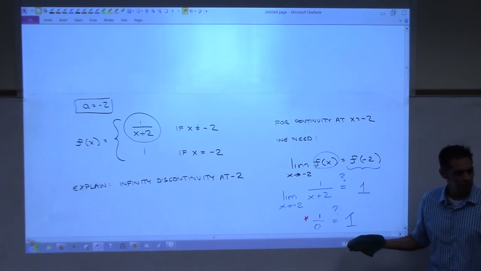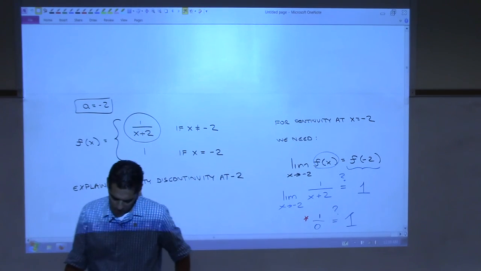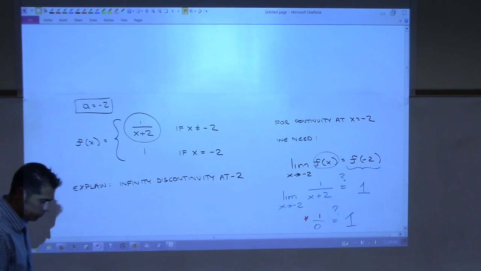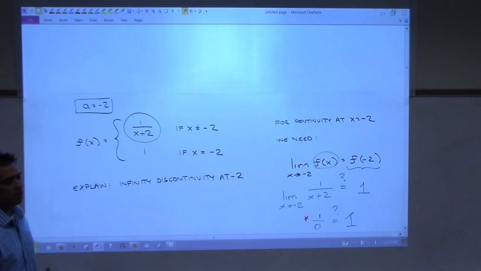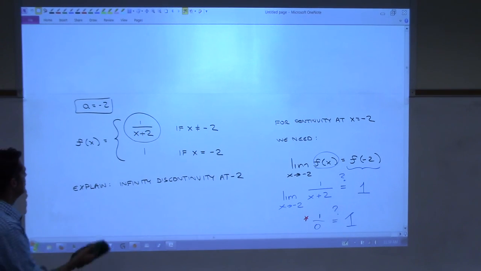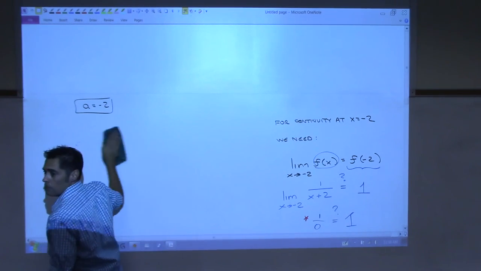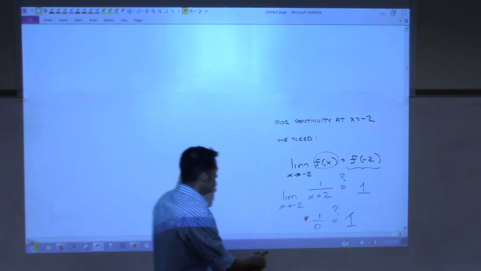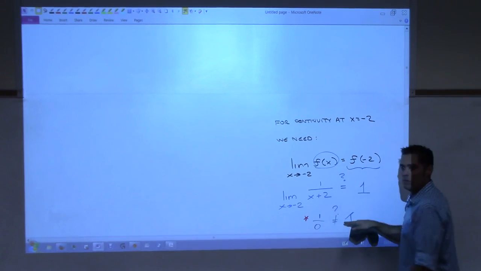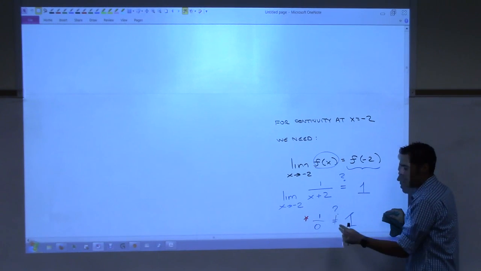So, that okay? Is it only if it's 1 over 0? Any number over 0, other than 0 over 0. So any fixed number that's non-zero over 0. These right here are not equal. So, see, in order to be continuous, these would have to be equal. Since they're not equal, it's